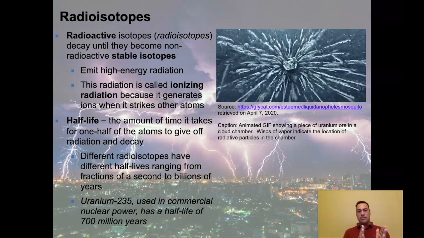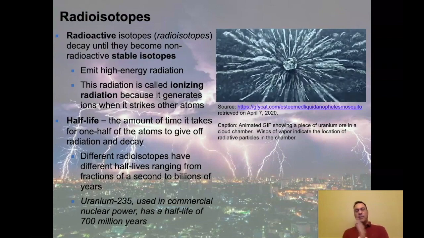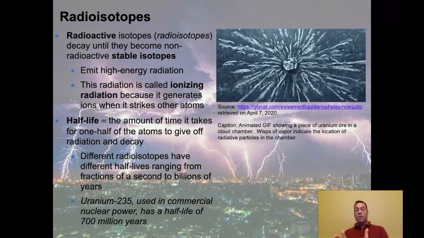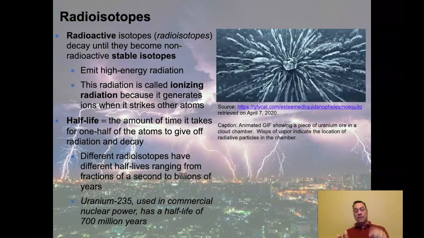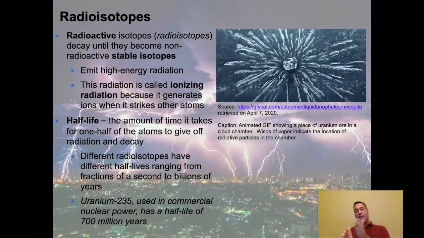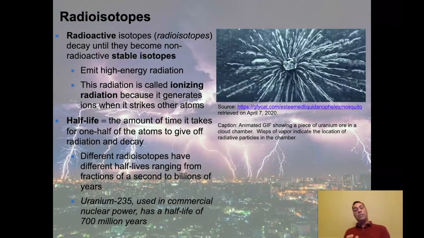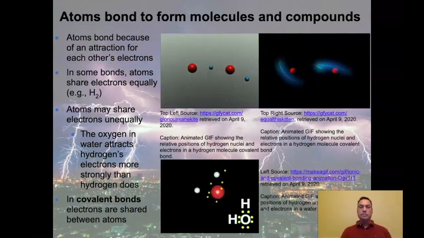But then over the next 700 million years, you would think, doesn't that take care of the other half? The answer is no. It takes half of the half. After 1.4 billion years, or 700 million times 2, I've halved the half again. So now I have 25% uranium-235, and three-quarters of it, or 75%, is now lead. That's how that works.